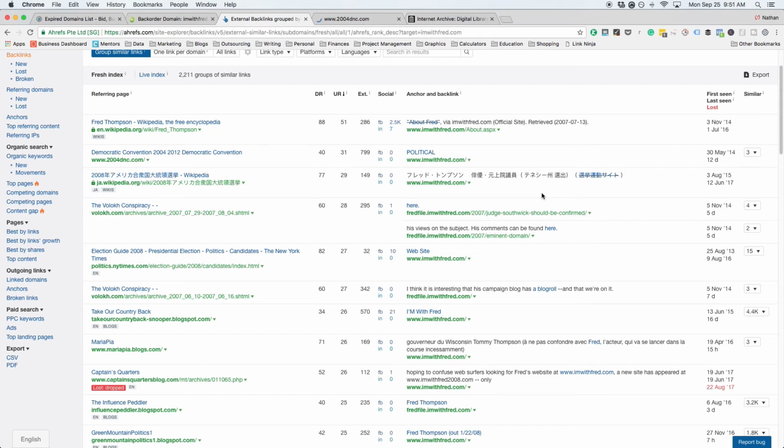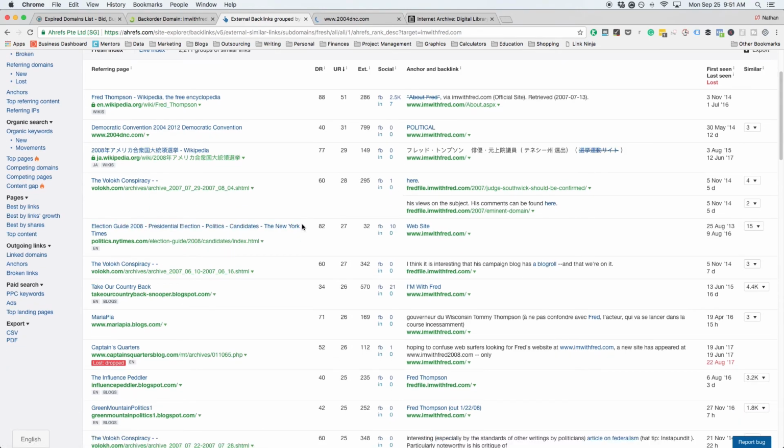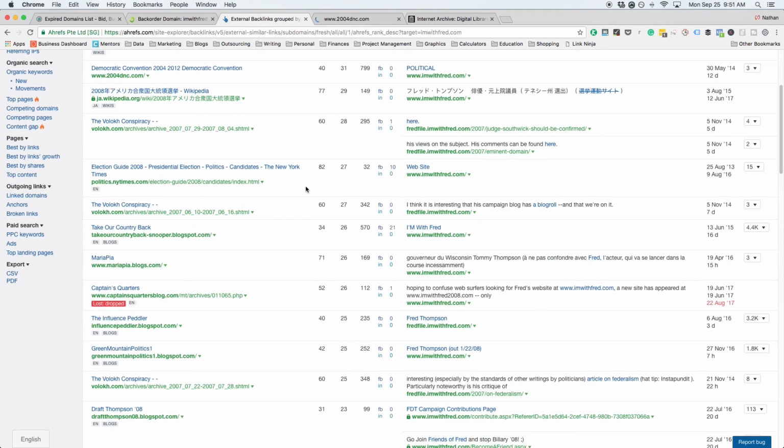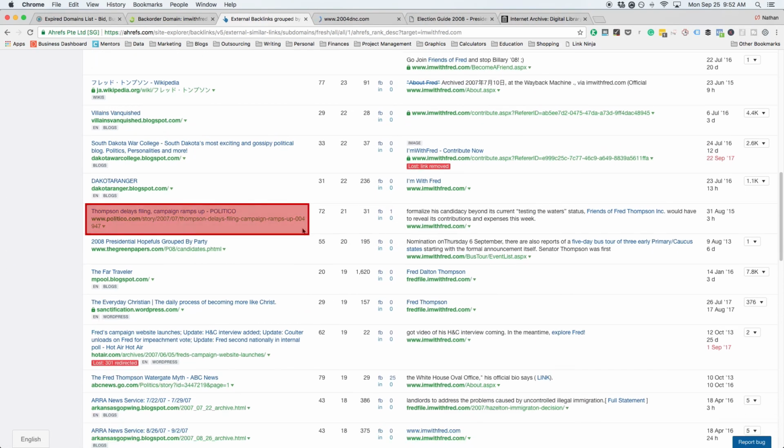Although it is the case in many scenarios where you see foreign anchor text or you see foreign links, it's probably an indication that it's a low quality opportunity, but you shouldn't immediately discredit a domain when you see any type of foreign language, because this is an example why that might be a bad idea. When we scroll down further, it looks like we have the New York Times, and we also have Politico as one of their links as well.